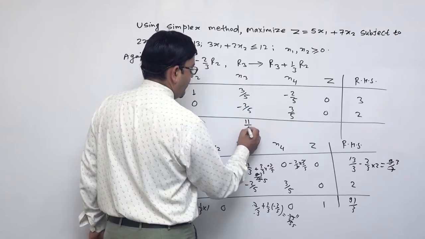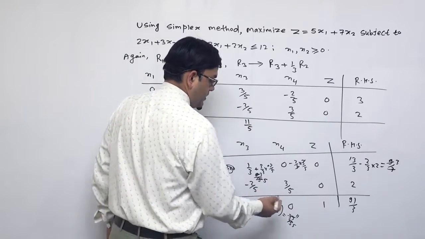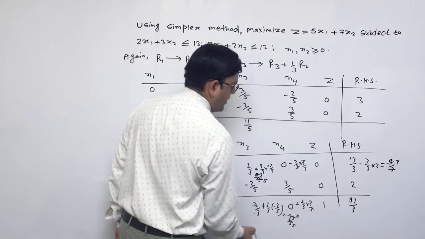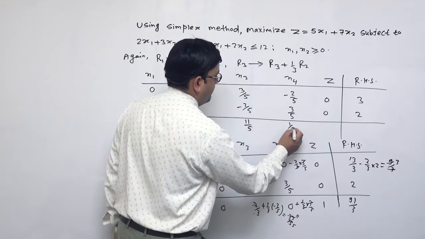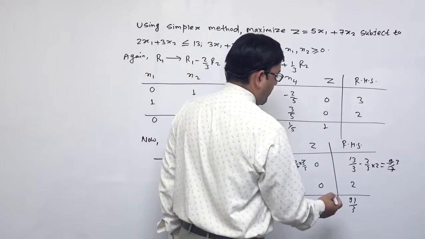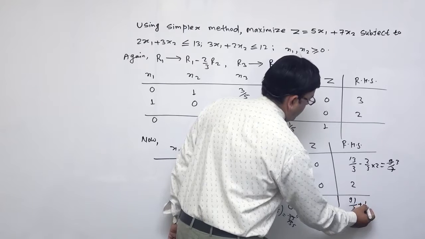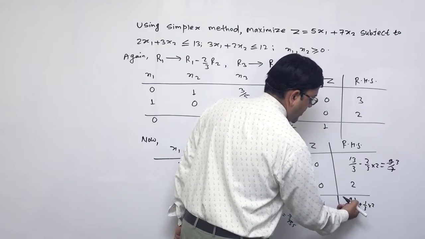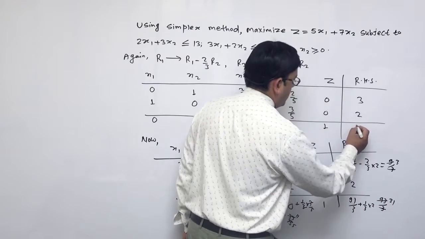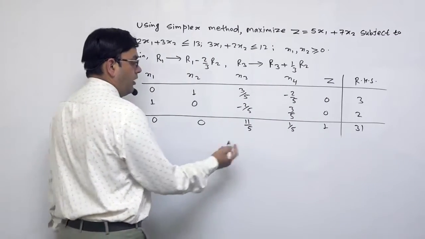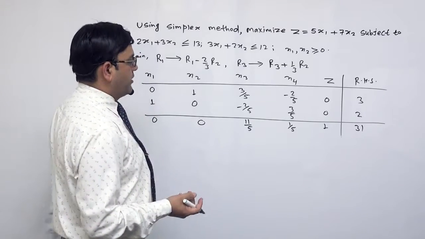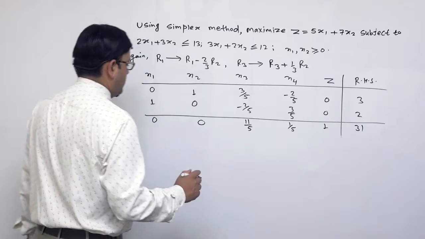So we have 11/5. Similarly, we have here 3/5, and this is 0, so 0 plus 1/3 times 3/5. Here 3 and 3 cancel, giving 1/5. Similarly, we have this plus this, and since 0, here we get 1 itself. Similarly, 91/3 plus 1/3 times 2, which is 2/3, so 91 plus 2 means 93. 93/3, so 31. Students, in this last row there are no negative terms, so we know we have got the answer. Therefore, since